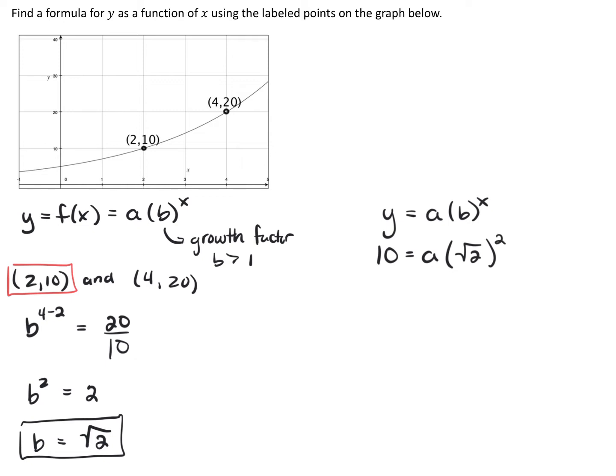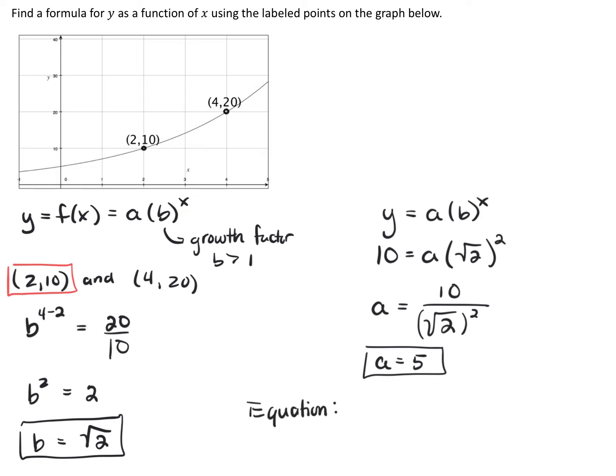So let's go ahead and divide both sides by the square root of 2 raised to the second power. So that gives us a is equal to 10 divided by the square root of 2 raised to the second power. So a is equal to 5. So now that I have my initial value a and my growth factor b, let's write the equation. So don't forget to actually answer the question by putting all the pieces together. So our equation is y is equal to 5 times the square root of 2 to the x power,